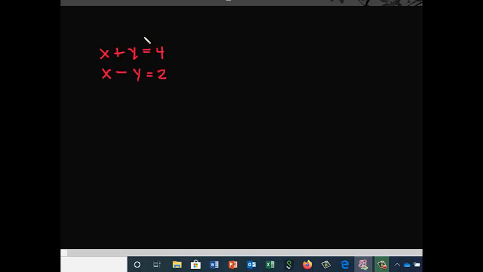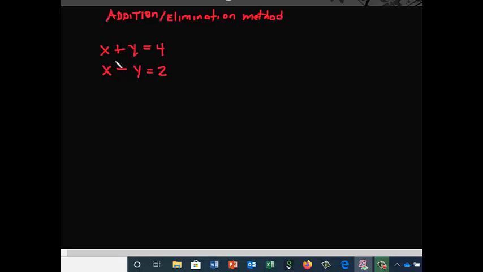Now we'll call this the addition slash elimination method. Okay, so in the elimination method, basically what we're trying to find, or in this case,